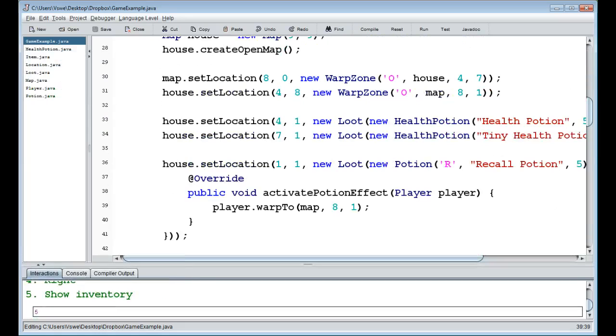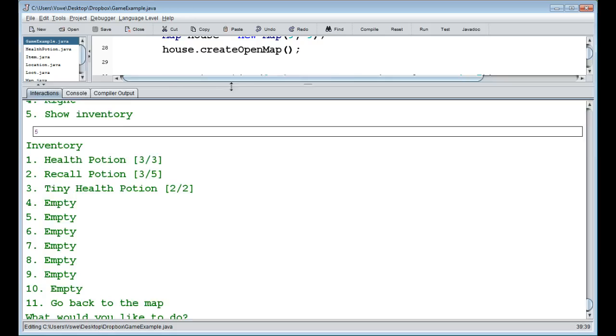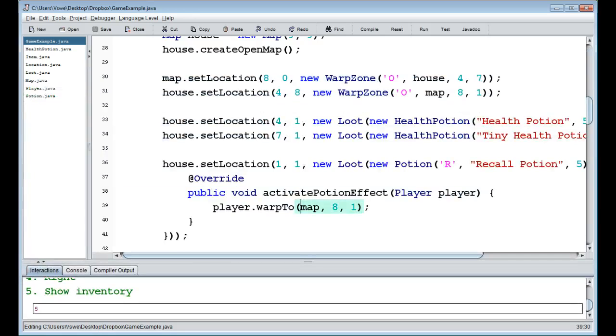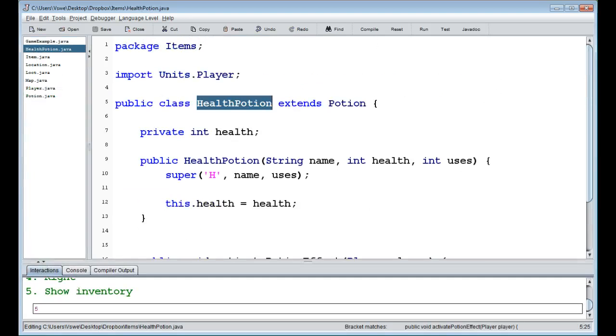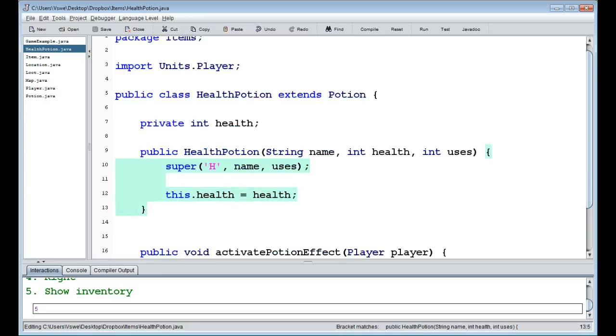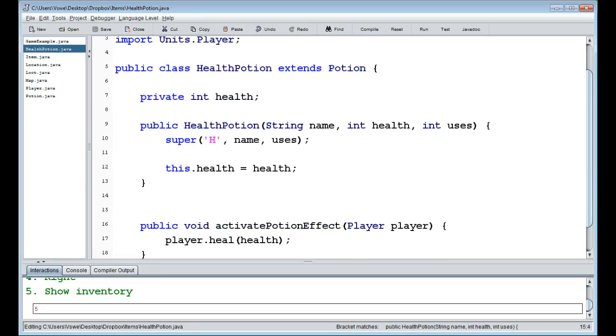And when I moved to the right too fast, I accidentally changed the code here. So yeah, here we override it like this, or we can override it normally by just creating another class like so. In this instance, we're extending Potion, overriding activate potion effect, so we should do it like that to make sure. And we also store a field here to know how much we should heal it with. Right, so